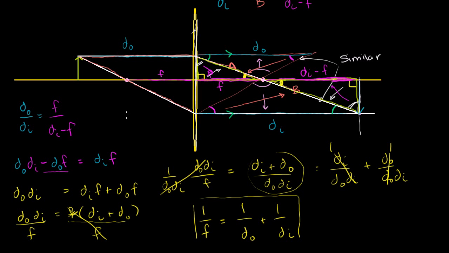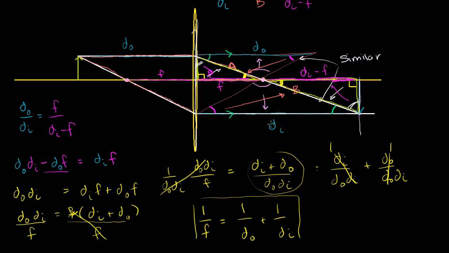In the last video, I showed that a bunch of triangles are similar to each other to come up with a relationship between the focal length, the distance of an object from the convex lens, and the distance of the image of an object from that convex lens. And I realized that there was one extra low-hanging fruit based on all of the geometry that I had done,